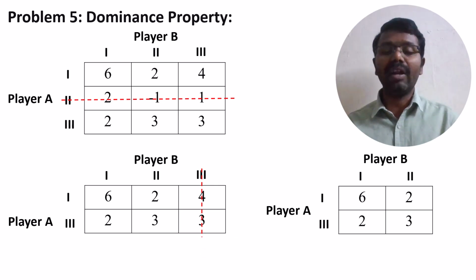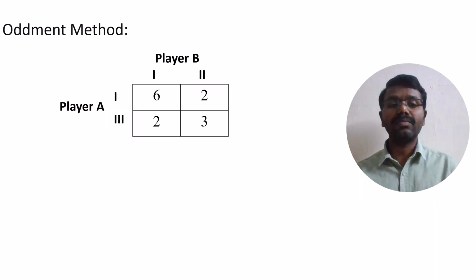So once after you get a 2 by 2 matrix, we can easily apply the augment method and solve it. Let us apply the augment method for this. If you apply the augment method for player A and player B, we will be finding the augment values. Here the augment value is the difference between these two, 2 minus 3, that is equal to 1, and here the augment value 6 minus 2, the difference will be 4,